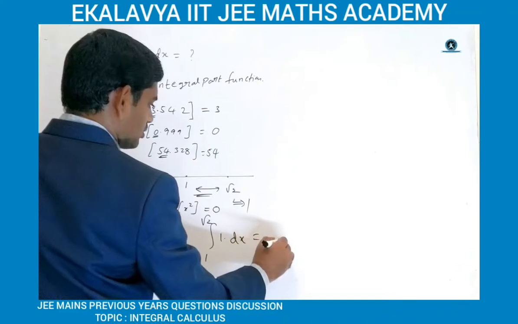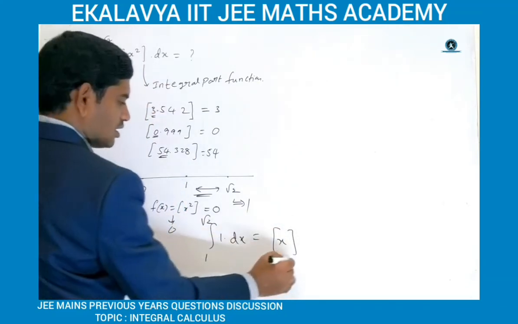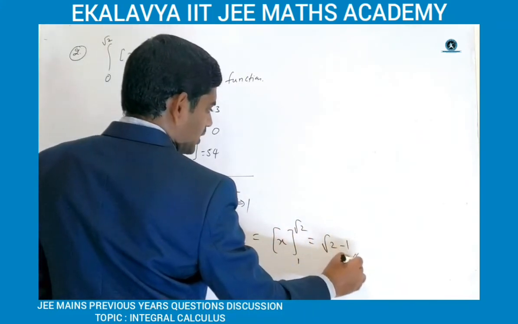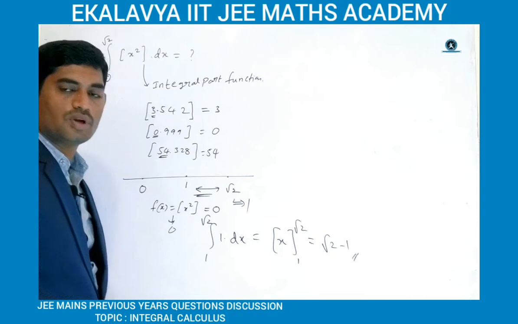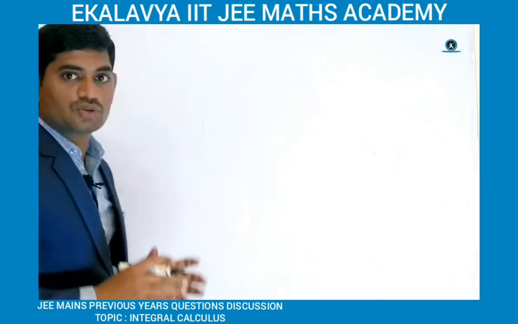The integration of dx is x with the limits 1 to root 2, which is equal to root 2 minus 1. After substituting the limits, we get the answer: square root of 2 minus 1. So next question is